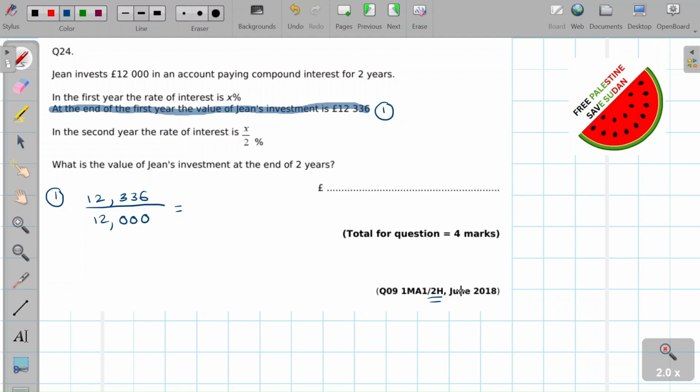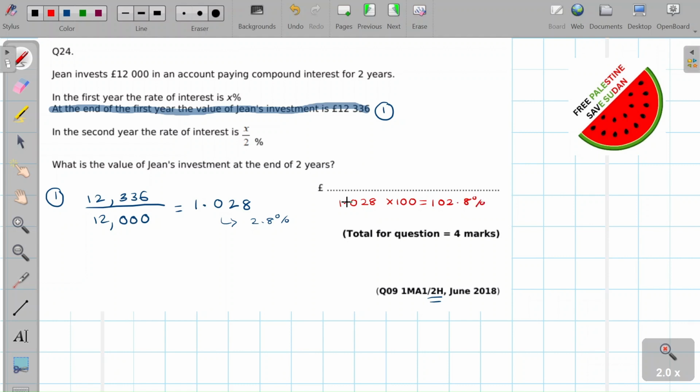The reason I'm doing this division is I will get the multiplier. So what do I multiply 12,000 by to get this number? So it's 1.028. So this is the multiplier for a 2.8% increase. And how do I get 2.8%? So I'll do that bit in red. What I do is 1.028 times 100, which is